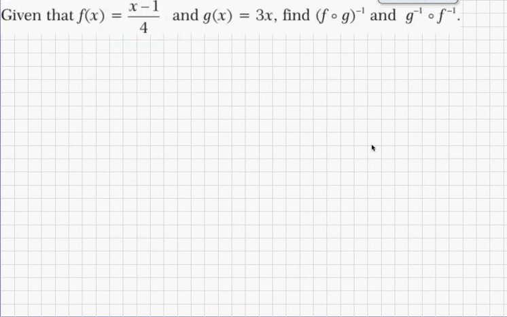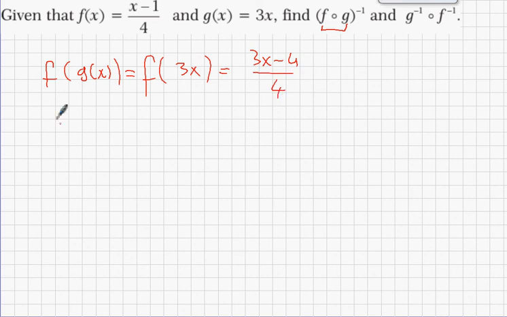So now everybody, in this kind of thing, look at that. Minus, we have the inverse. So that means firstly we must find the rule of this part, then the inverse. F composite G means inside the F you write G of x. Inside the rule of F, G of x is equal to 3x, which is equal to (3x minus 1) over 4. Now, if we take the inverse of this rule,